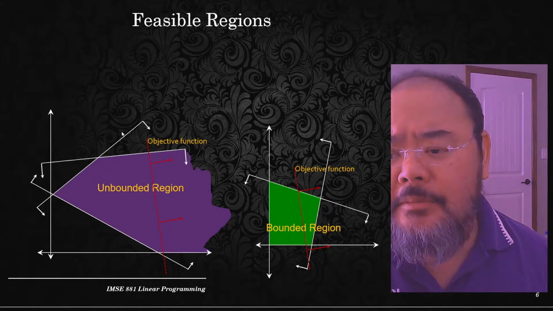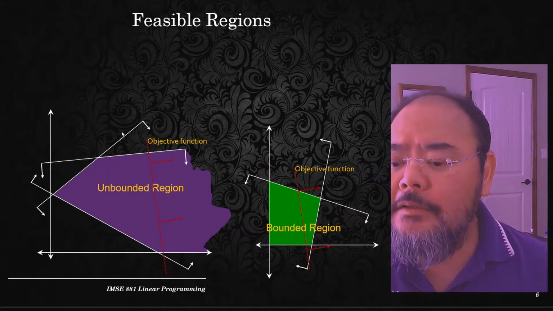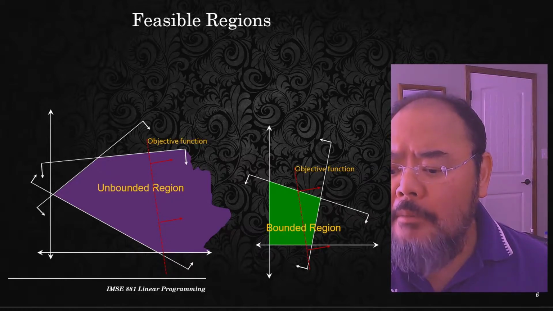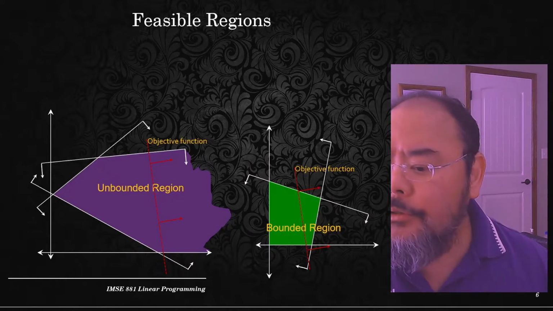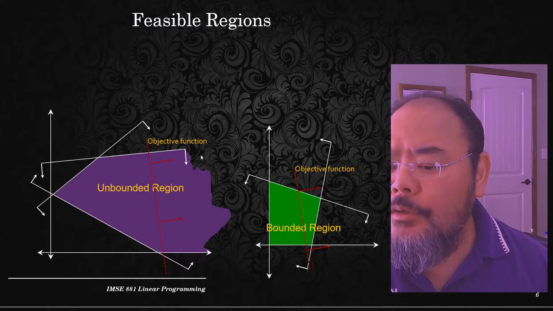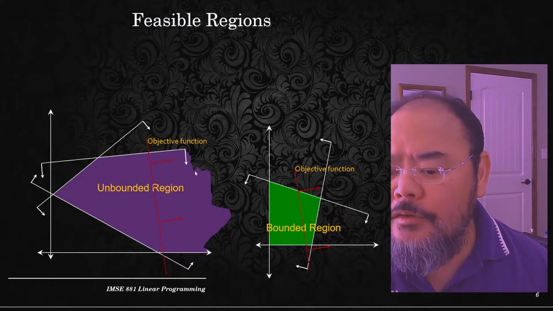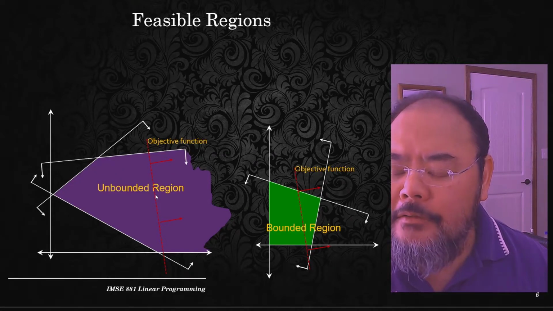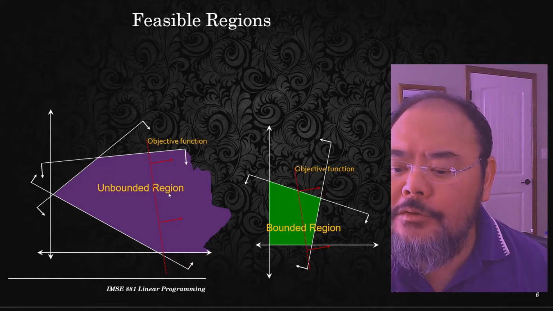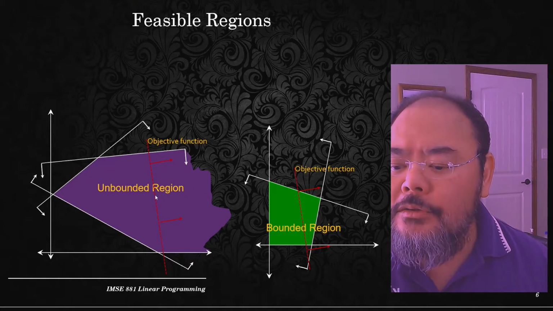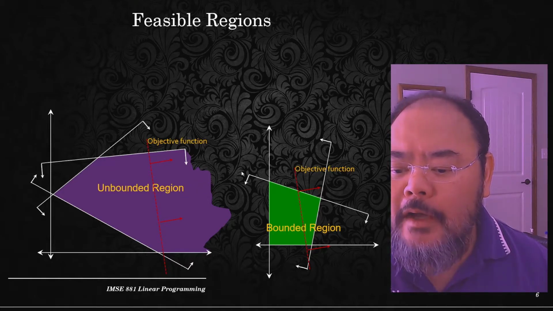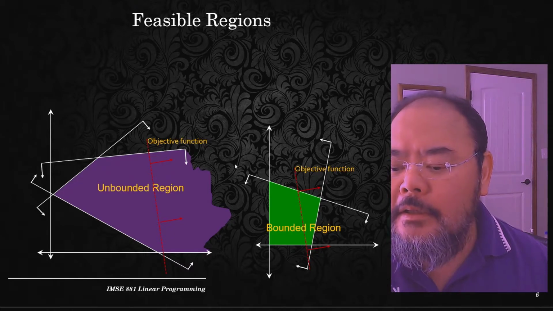There are two types of feasible region, like we said. One we call the unbounded region. The unbounded region is when the constraints representing the feasible region leave you an open area in a similar direction to your objective function. So if the objective function is moving in this direction, you can move the objective function value to infinitely large,